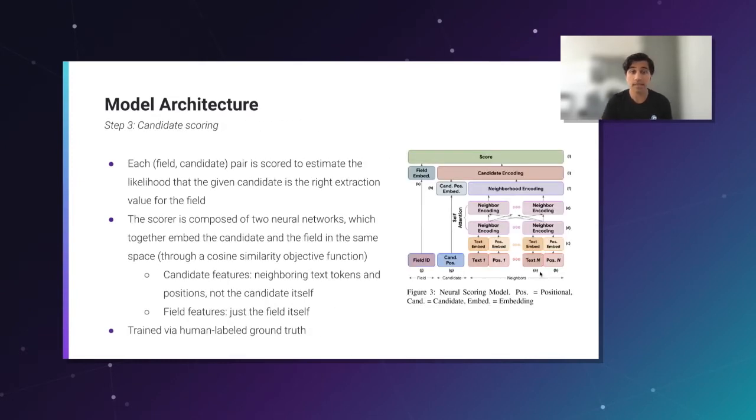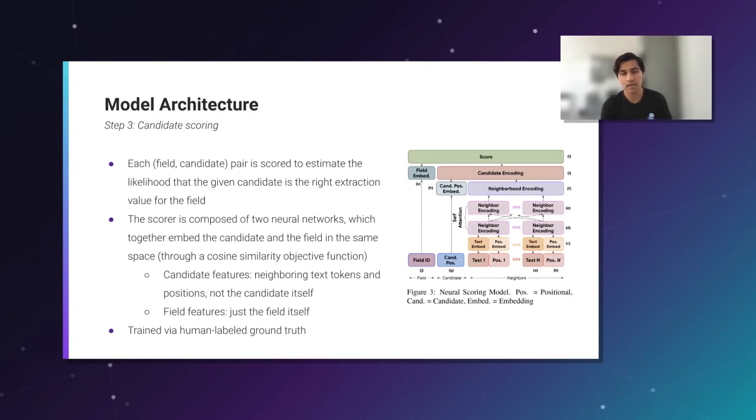Cool. The next step is candidate scoring. And so the way this works is each field has a bunch of candidates. As you can imagine, at the top right, you can see that for the date, all the candidates are in blue, and for the price, all the candidates are in orange. And each field candidate pair is scored to estimate the likelihood that the given candidate is the right extraction value